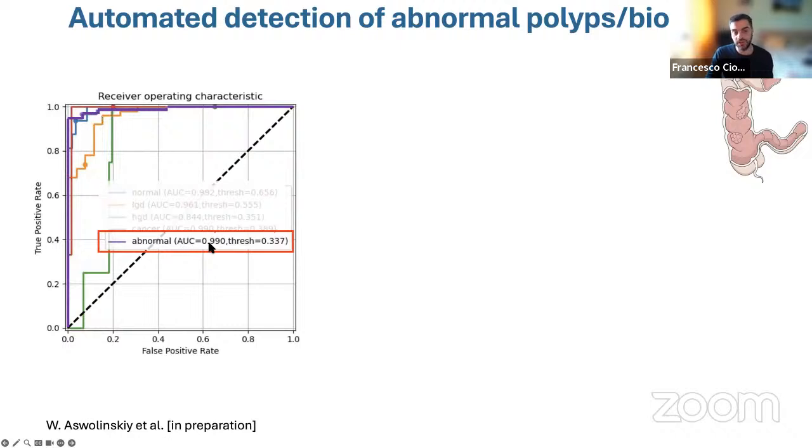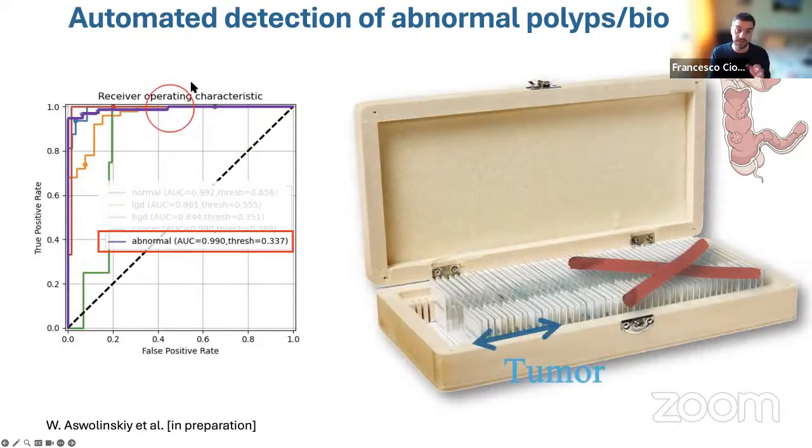And we got an area under the curve of 0.99, so it's pretty good. But that's not the interesting part. I think what is nice here, at least in this lab-based validation setting, is that we got 100% sensitivity at a decent false positive rate, about 45%. So this means that actually we can detect all the abnormalities, with some false positives, of course.